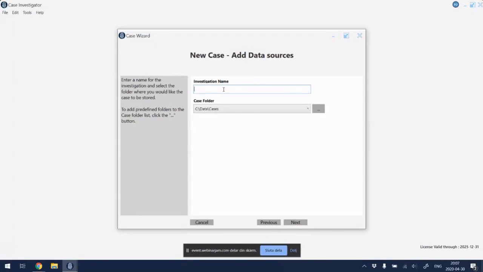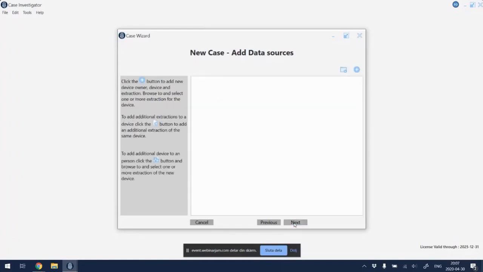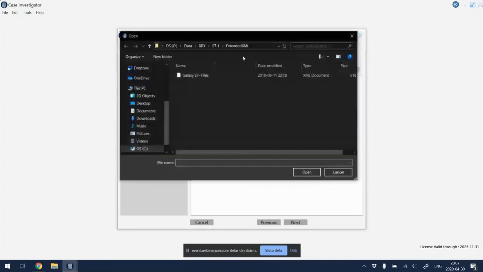And there are a few mandatory steps you need to do. You need to give it a name. I'm going to just call this one Teal Demo for now. The second thing you need to do is add data sources to your case.